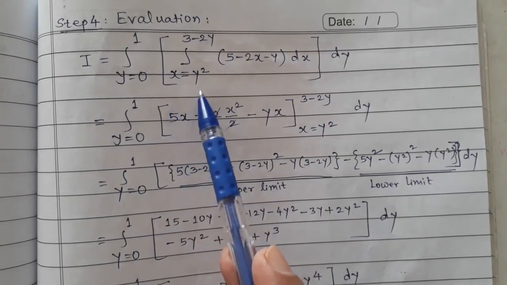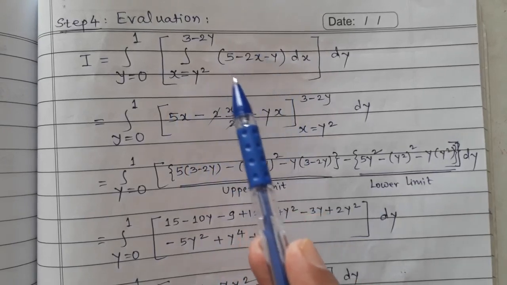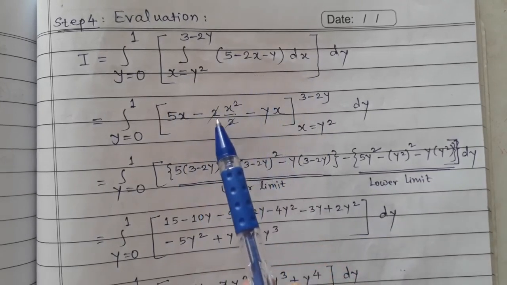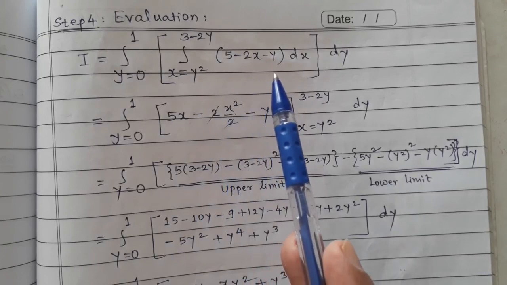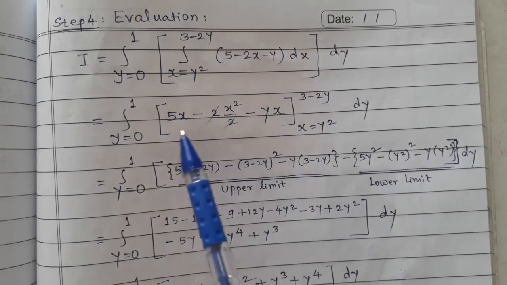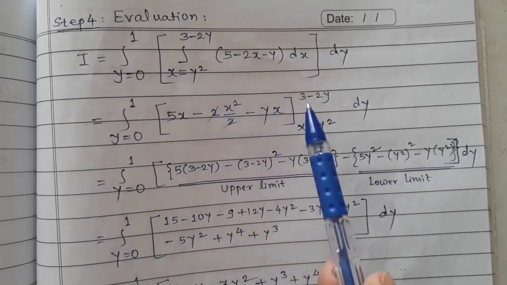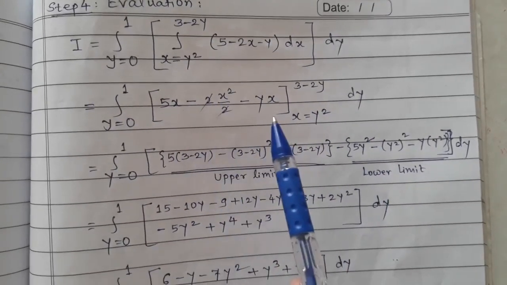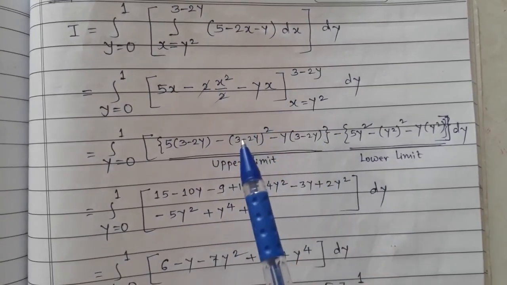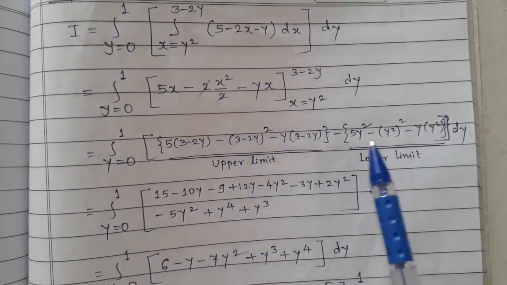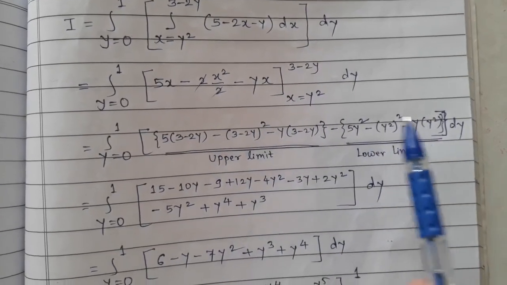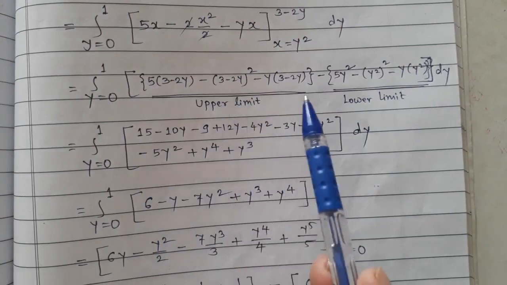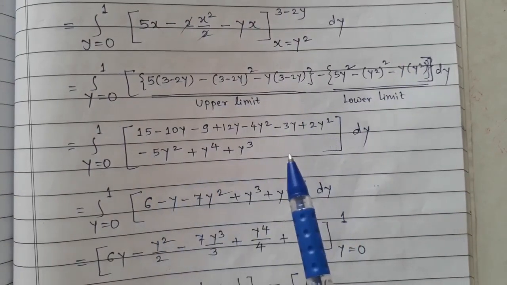Inner integration is with respect to x. So here y will be constant. So 5 is constant, 5 into dx, integration is 5x; 2x minus 2 as it is, x becomes x square by 2; minus y constant as it is, integration of dx is x. This integration within the limits, upper limit 3 minus 2y, lower limit x equal to y square, dy as it is. For this, we'll replace x by 3 minus 2y for the upper limit and x by y square for the lower limit. So this will be upper limit value minus lower limit value, dy as it is. So y from 0 to 1,